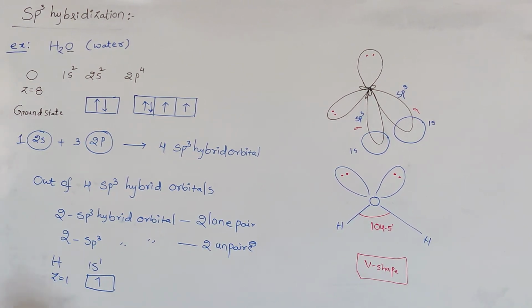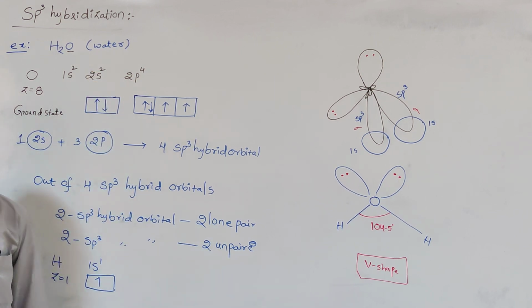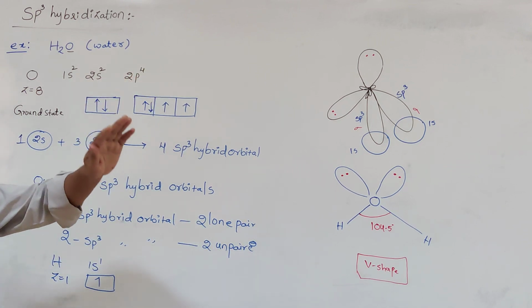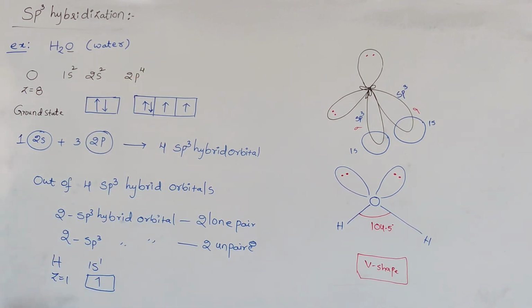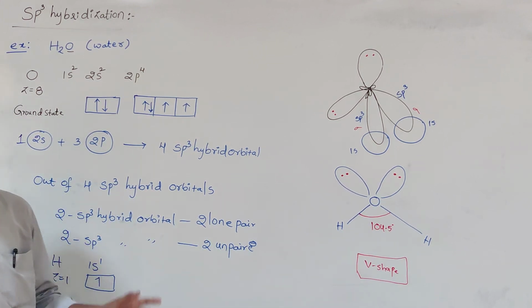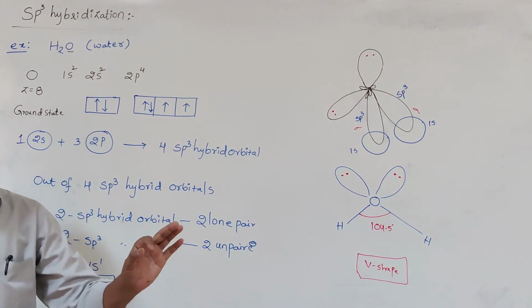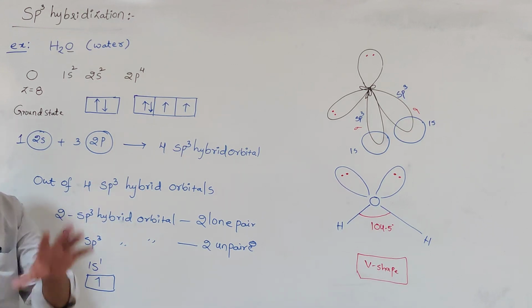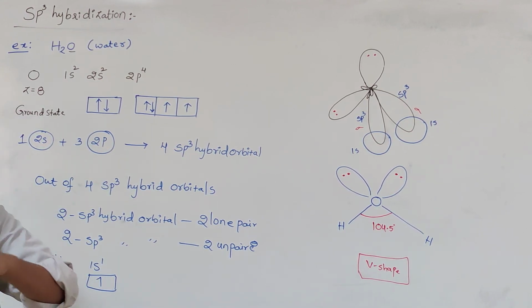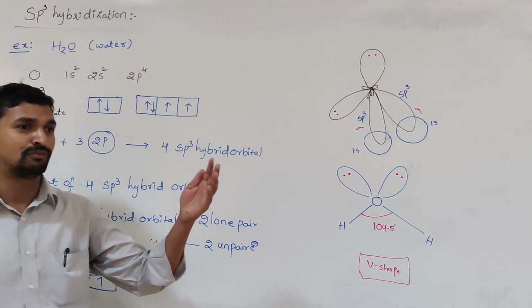So these are the three best examples: ammonia molecule, water molecule, and methane molecule. The difference you can observe: in the first case no lone pair, in the second case one lone pair, and here two lone pairs of electrons are present. Whether or not lone pairs are present, in all the molecules the central atom undergoes sp3 hybridization. In all the cases 4 sp3 hybrid orbitals are formed, but not all 4 participate in bond formation. Only in the methane molecule are all 4 sp3 hybrid orbitals overlapped with 1s orbitals of hydrogen atoms to form 4 sigma bonds.